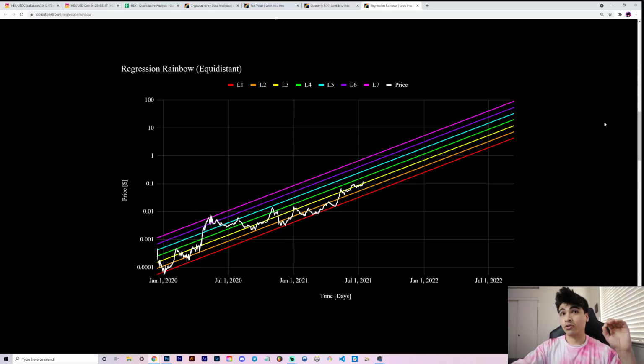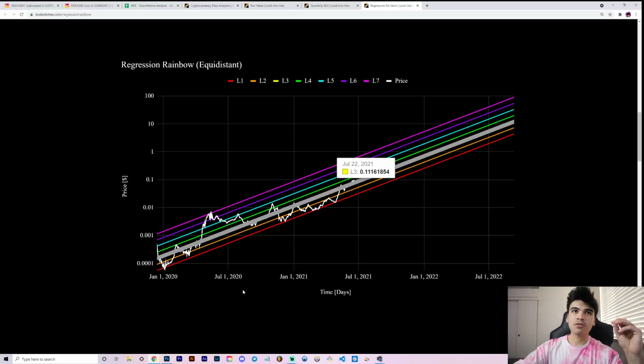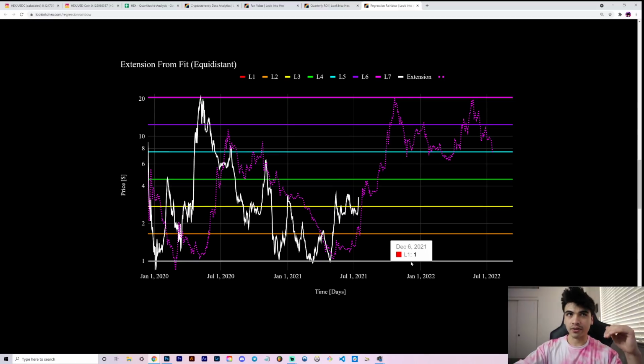It's our equidistant regression rainbow. We also have the Fibonacci space model. But remember, a strong thesis we've had for, I don't know, is it months already? Anyways, it's saying, look at the similarities of where we are on this rainbow, and simply look at this fractal. If this region here, this bullish looking formation where you have an impulsive move up, consolidation in the uptrend channel, similar to over here, an impulsive move up, consolidation along an uptrend channel. Not only that, if you look at it here, normalized to the red curve,